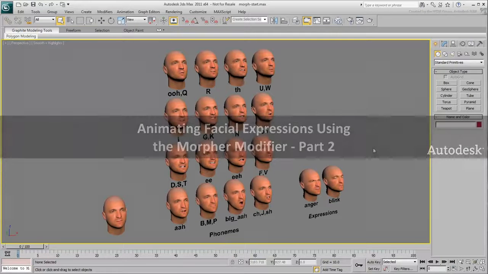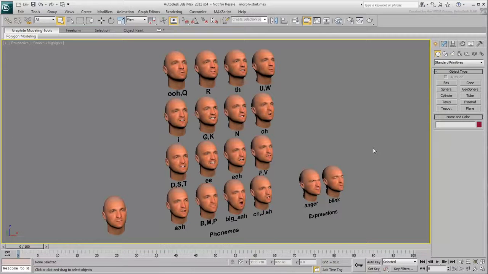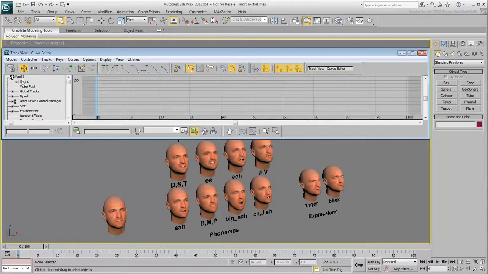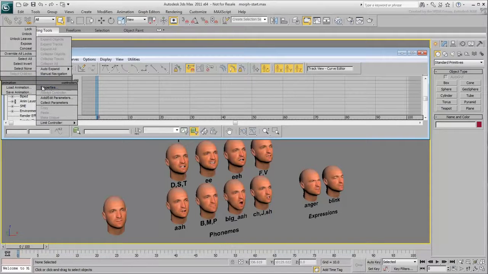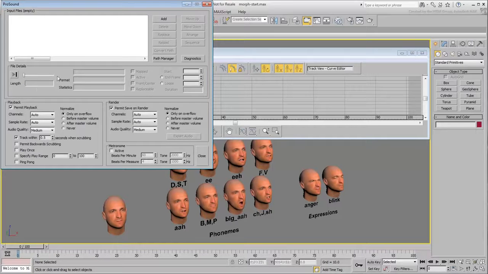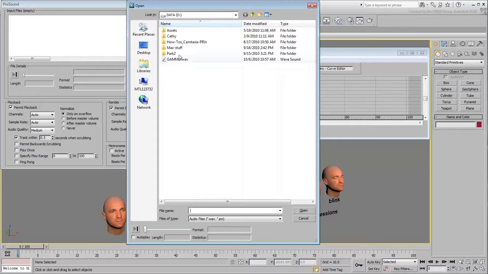In this Part 2 movie, you animate a character's head to speak the Dirty Harry famous words, "Go ahead, make my day." To load the spoken phrase, go to the curve editor. Select the soundtrack and then right-click it and choose Properties. In the dialog that appears, add the WAV file you downloaded for this lesson,